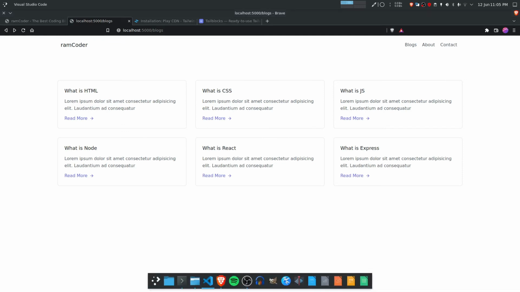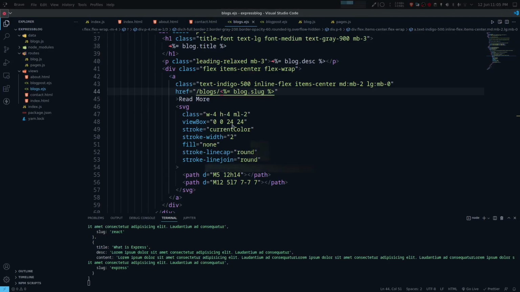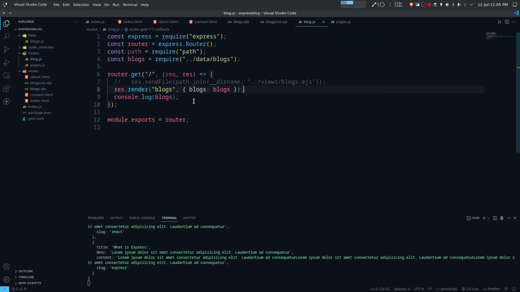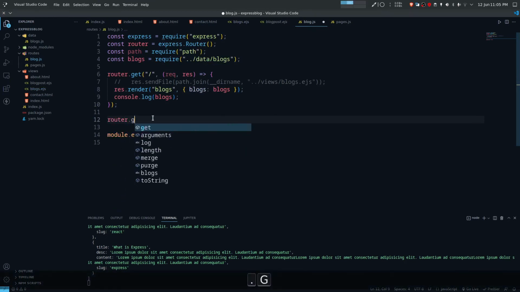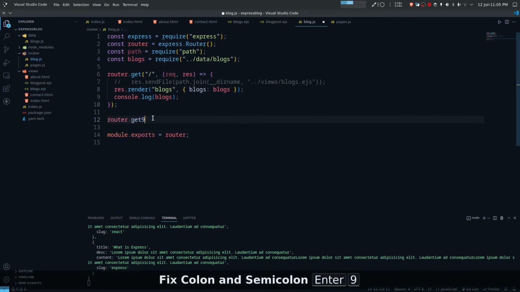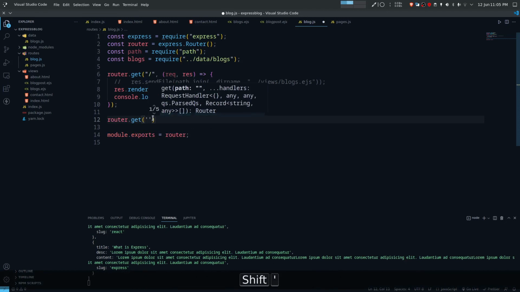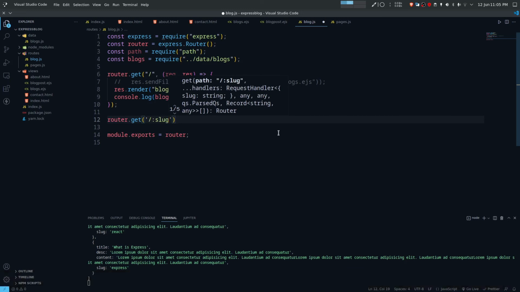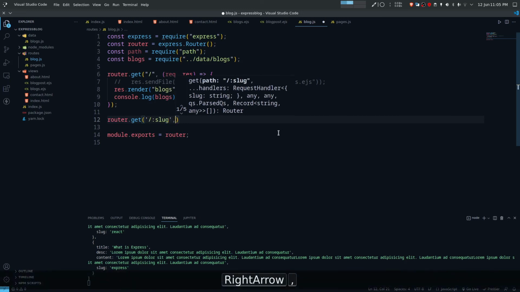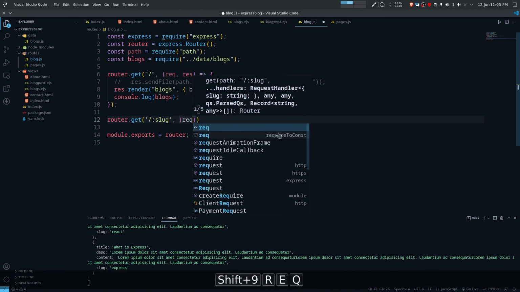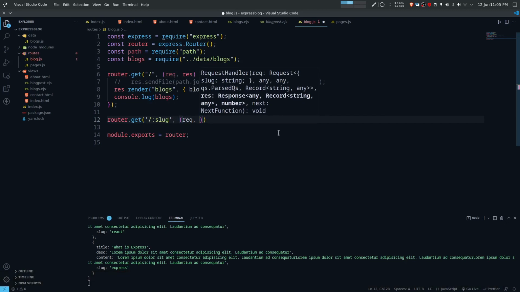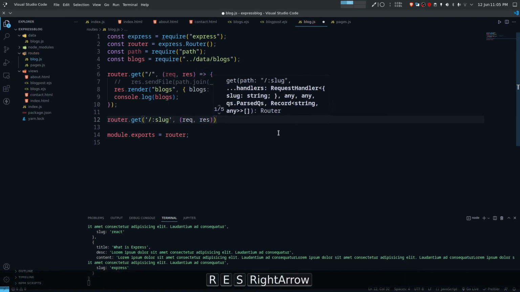So to set up the routes, what we need to do is open up the code and then go to the routes, and we'll do router.get again, but this time instead of a slash we'll use slash colon slug. So we'll do callback function request and response,